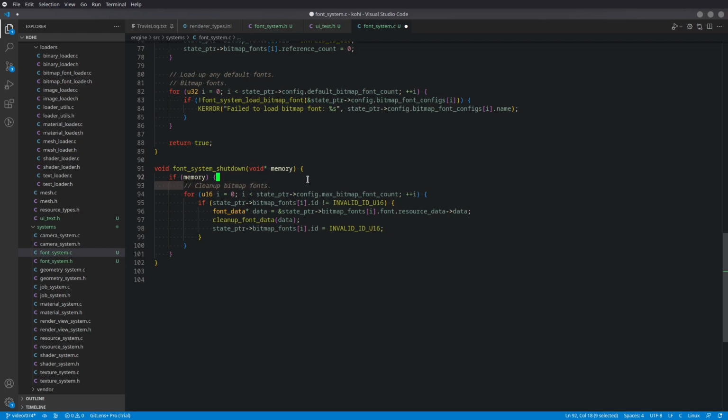And basically we just clean up the bitmap fonts one by one, going through each one, invalidating the ID, and then going through and obtaining a pointer to the data, calling our cleanup font data, which again we'll have to go into here in a few minutes, and then invalidating the ID. And then we'll go through and